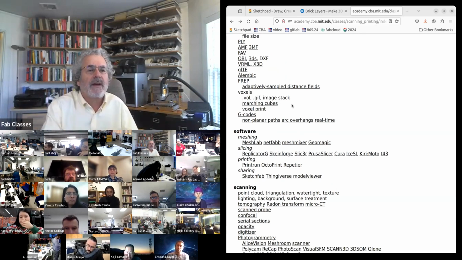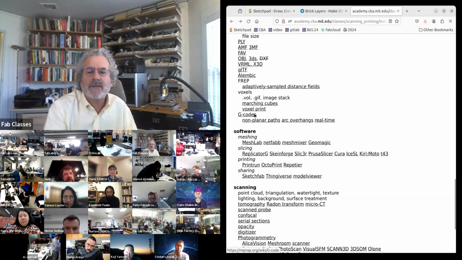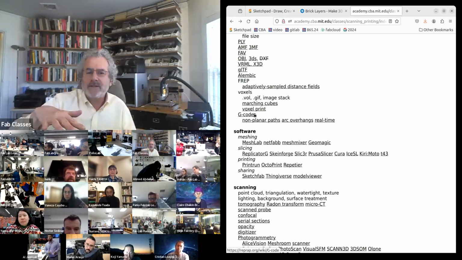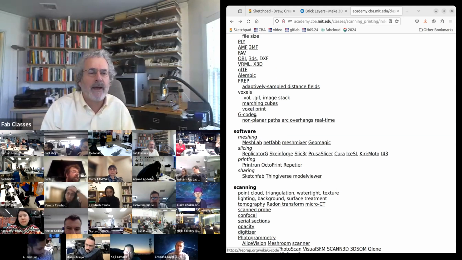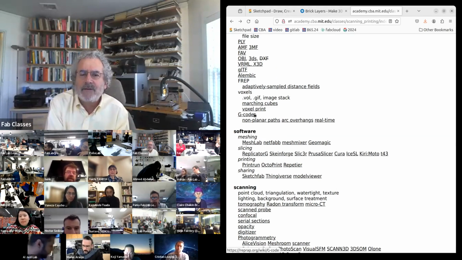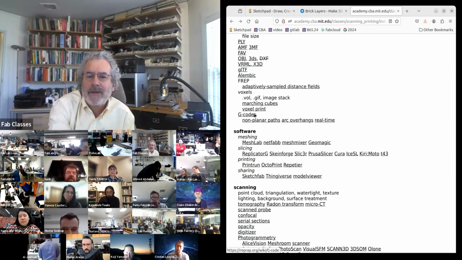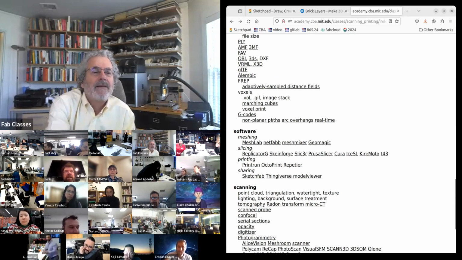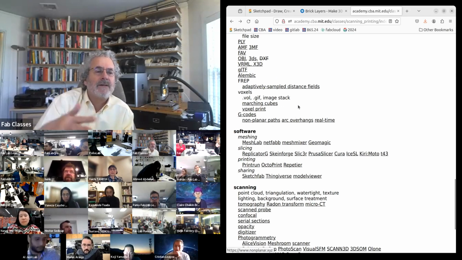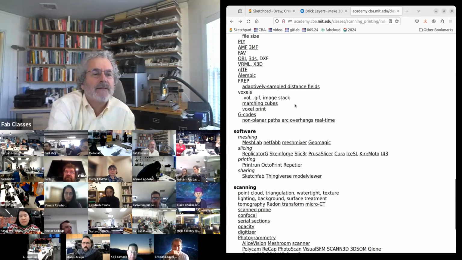And then the most common FDM printers take G-code as a format in, an ancient format that I'll complain about when we get to machine building. But standard printing is done in layers, but